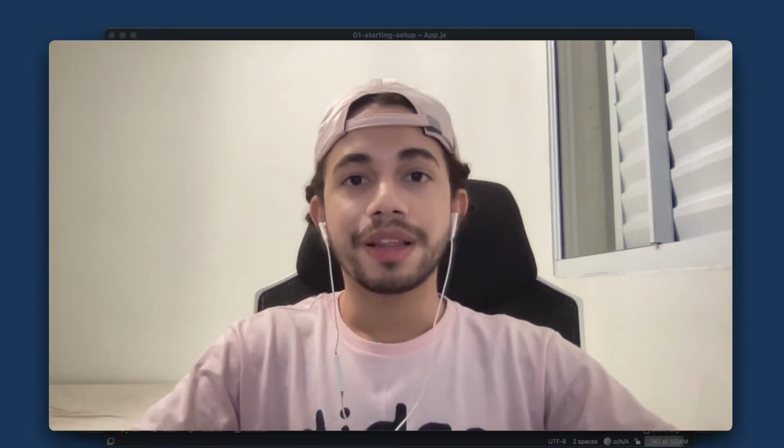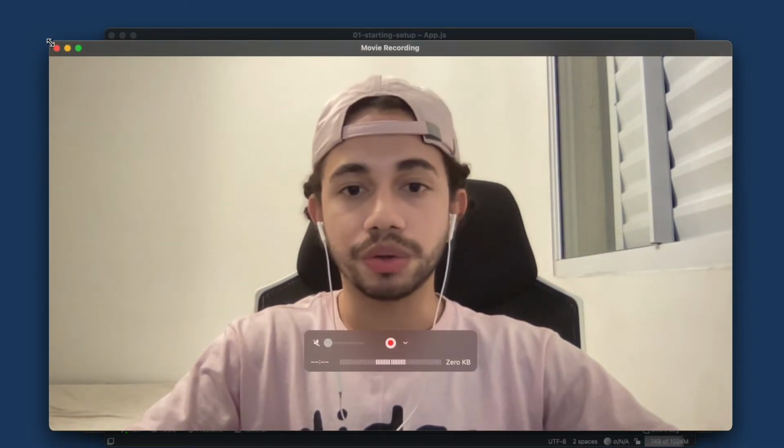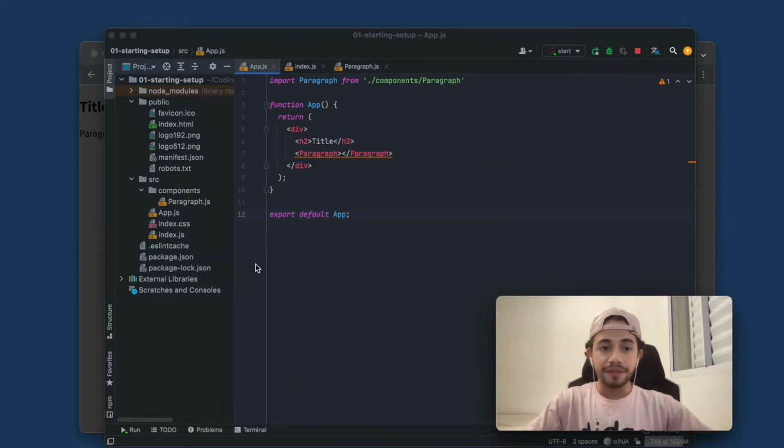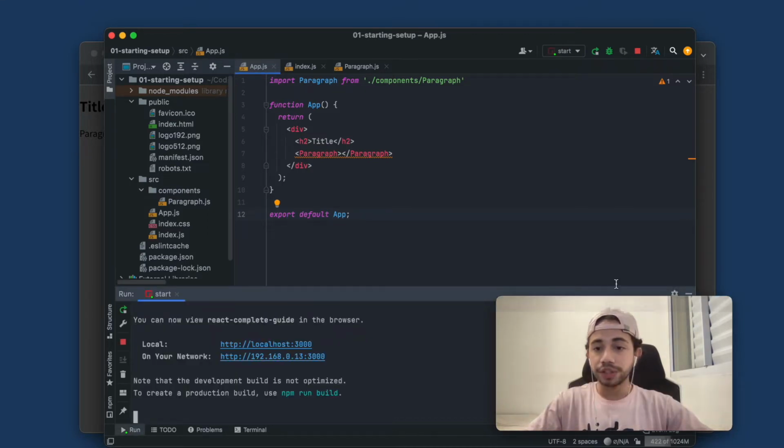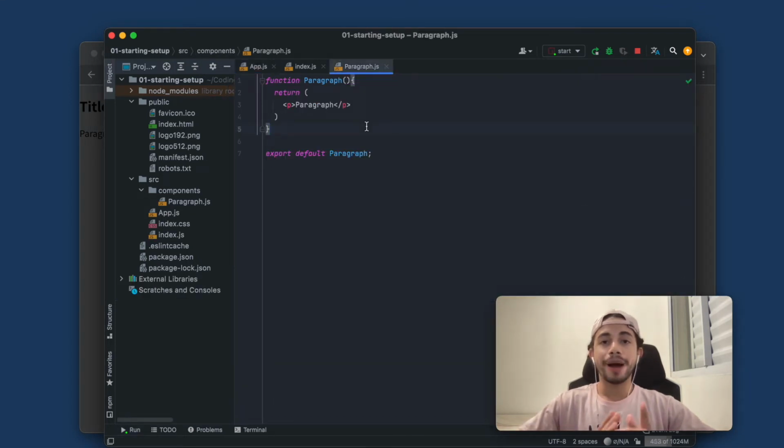So let's jump into our code here. I have my code already up and running. I have a development server, so it's already running on localhost. Let's talk a little bit about JSX. JSX looks a lot like HTML, but it's not exactly HTML, so it has some rules that must be followed in order to have everything